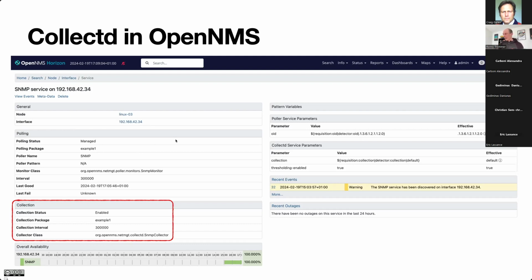So it means that OpenNMS will send a specific trap OID to the SNMP agent. We don't send a trap. We're making a GET request, basically. The trap is when the agent sends us information. Yes. And when OpenNMS, the Pollerd, makes an SNMP GET request, that's like when you make an SNMP GET or SNMP walk on your console.